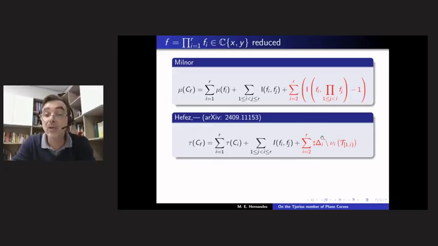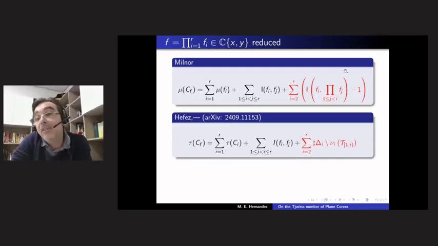So it's natural to ask for the following relation between the intersection multiplicity minus 1 that appears in the Milnor formula and the cardinality of this difference. Of course, we know the Milnor number is greater than the Tjurina number, and the Milnor number of each branch is greater than the Tjurina number of each branch. But is